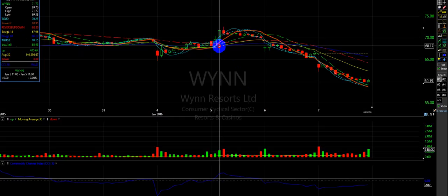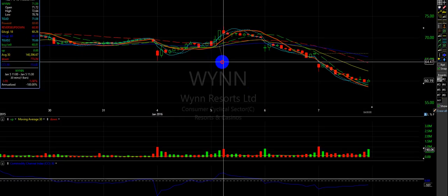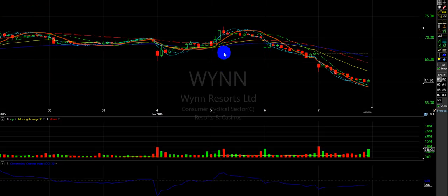Now, in my chart, I explained how I was looking for this stock. Because the volume was good, and in this case the 73 level was another buy point, I was looking to see what kind of power we had once the stock closed at 12 p.m. Most likely, when stocks don't confirm within the first hour, they're not going to do much for us. We would leave it alone. However, if they happen to move like WYNN did, and this is the example here,